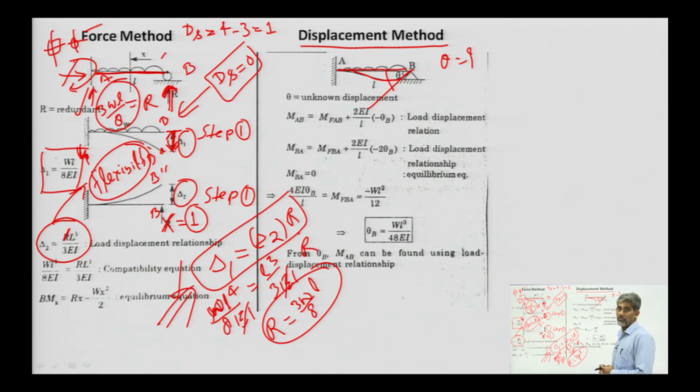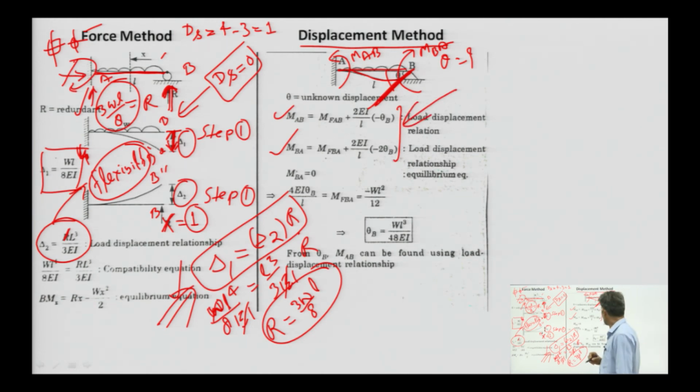we can calculate the value of moment. So, this theta can be expressed in terms of moment, here M AB, and M BA, if this is the moment. So, M AB and M BA can be written by these equations. Actually, these are beyond the scope of this syllabus of engineering mechanics. M FB is the fixed-end moment at point A, this is the fixed-end moment at point B, and 2EI by L minus theta B minus 2 theta B.